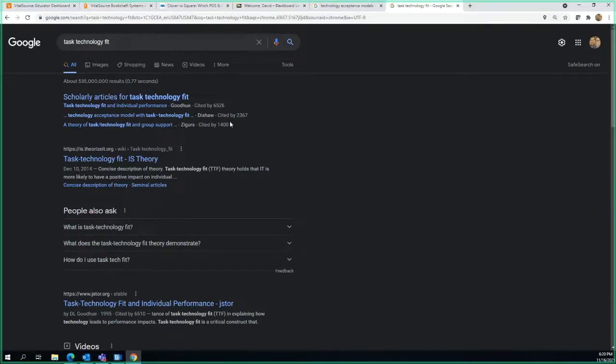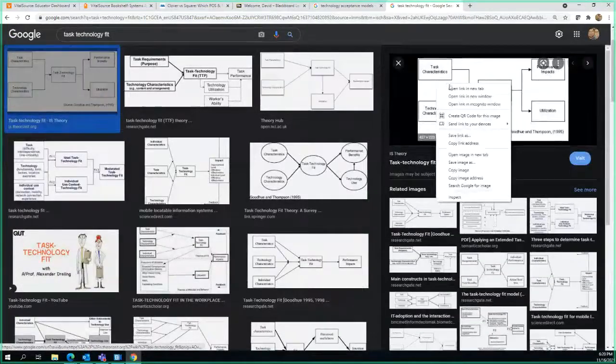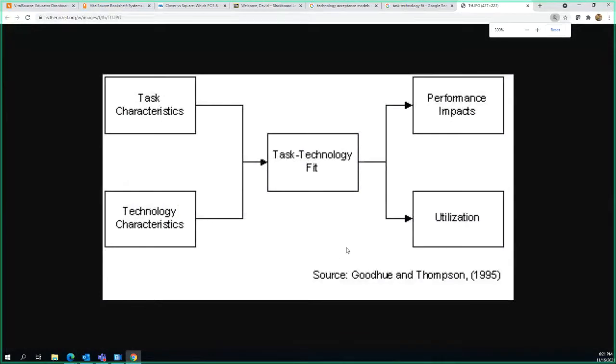Because we're going to adopt technology based on, does it fit the task? So you end up with this, where you have the task characteristics, the technology characteristics, does the technology fit the task, and then the performance impacts and the utilization of it. You're not taking into consideration a whole lot about the end user.